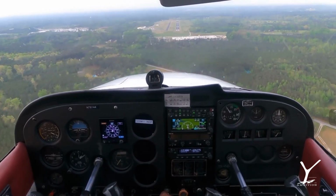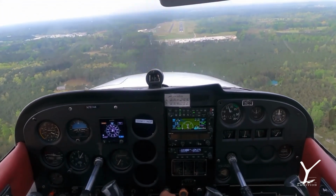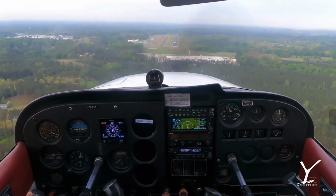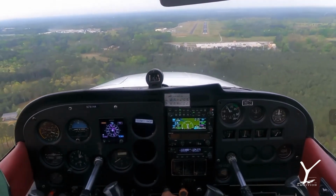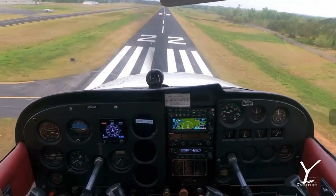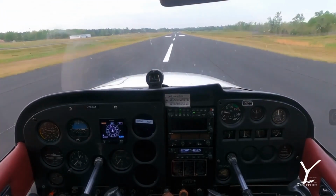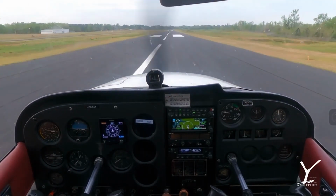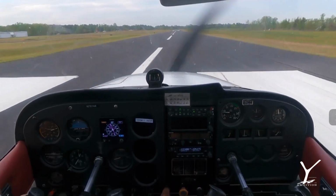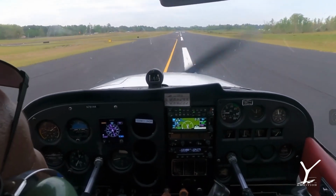But made it in there nevertheless, and landed, ran through my checklist, and then turned around and flew back to Rock Hill Airport. And just right there also you saw that I was just about to hit a little bit of that shift in wind. And I landed just like always, and that was it. It was a great morning flight, and the morning flights were the best, or the late afternoon